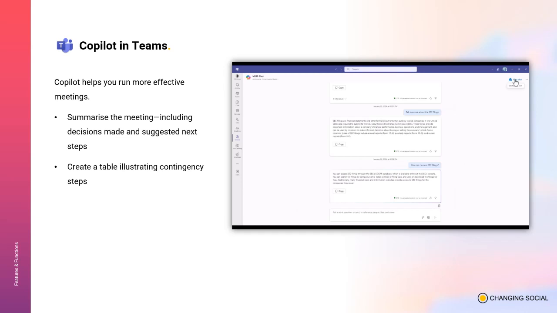And that Microsoft 365 Chat will access the information that is available to you within your tenancy, and mean that you can find those answers more quickly. It's a more informed search rather than searching and scrolling through results and filtering and trying to find the right thing. This is a quicker way of getting your answers, a quicker way of getting to the job that you need to get done.